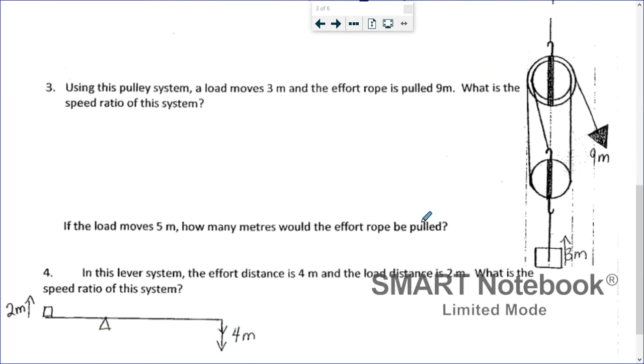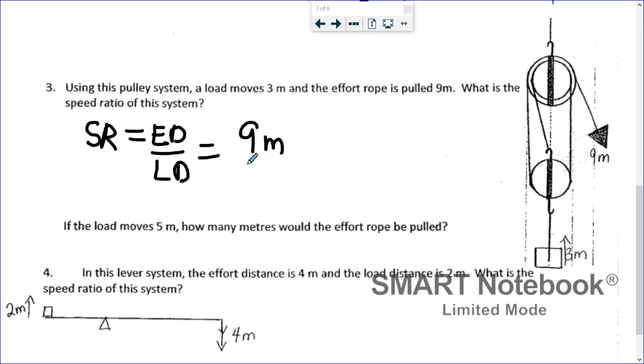Okay, here we have another pulley system. So the effort's moving 9 meters and the load's moving 3 meters. So speed ratio, you always have to write out the equation: effort distance over load distance. And then you have to write your numbers with the units. So 9 meters divided by 3 meters. So don't forget the meters. And then 9 divided by 3 is 3. So in this case, whatever the load moves, the effort always moves 3 times